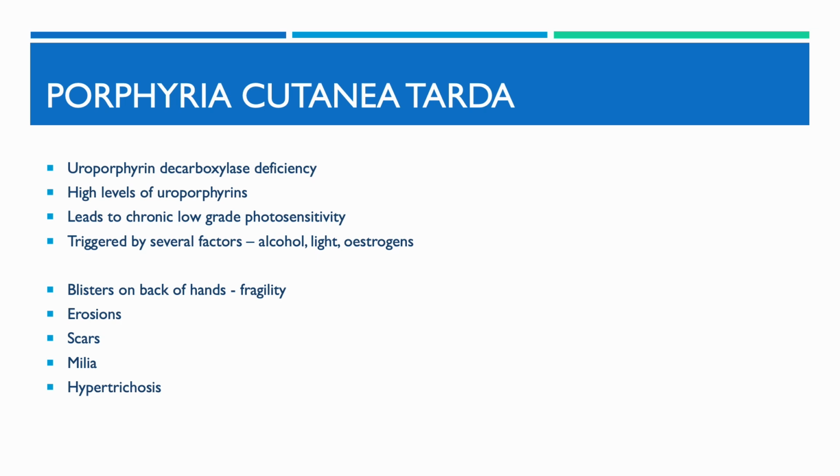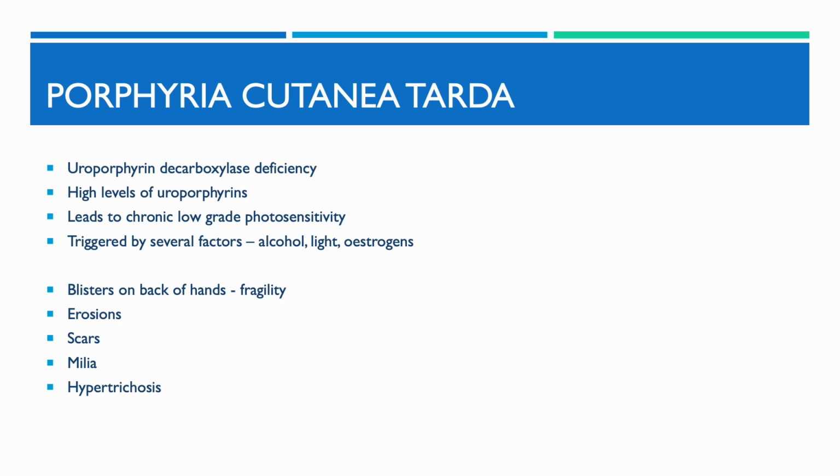But PCT is usually triggered by another factor other than the enzyme deficiency itself. These factors can include excessive alcohol consumption, excessive light exposure, and estrogens. PCT will present with fragility of the skin of the backs of the hands, so patients will often describe that they blister easily, particularly after sun exposure. The blisters break quite easily because the backs of the hands are subjected to trauma, producing erosions which will